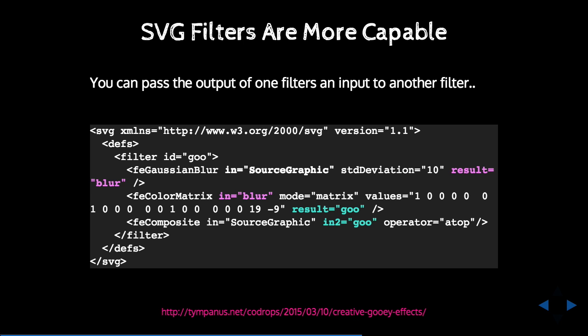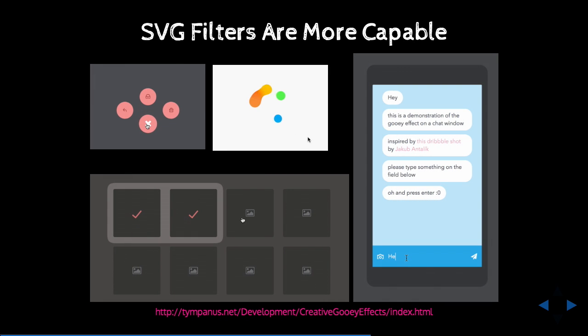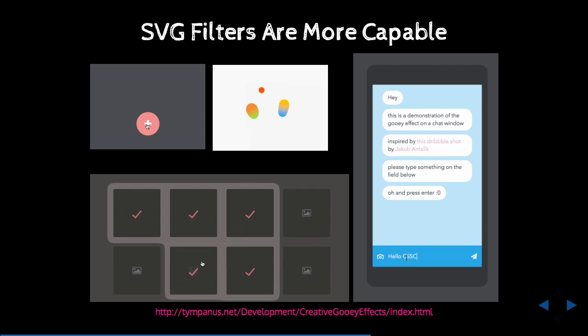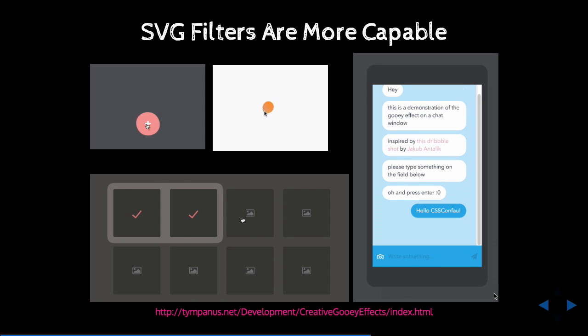What we're doing here is using the result attribute in the first filter. We named it blur, but you can name it anything you want. Then you use that as an input to the second filter, inside the in attribute, and then you use the result of the second as an input for the third, and you get an effect that is just genius and really beautiful and mind-blowing. The goo effect. So the goo effect can be used